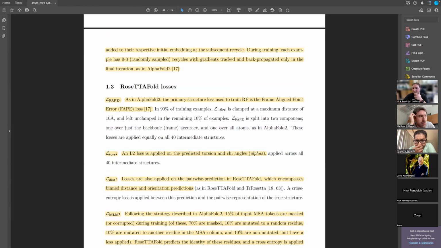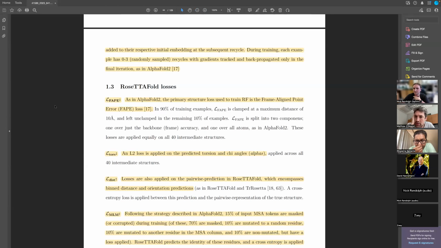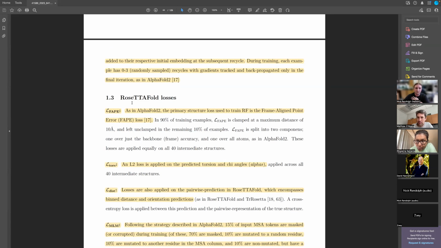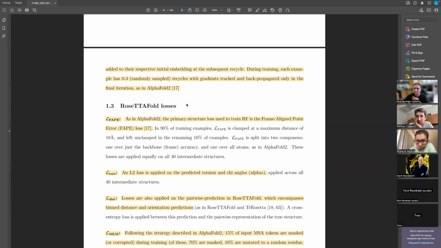Before we go on, yeah. The trainable weights are the trainable weights in RoseTTAFold. Is that correct? Yes. So they start with pre-trained RoseTTAFold weights and then fine-tune on top of that. So, and then the loss propagation, they do this recycling, but it's only propagated back in the last step of the recycling? Yeah, but the recycling is only relevant for training RoseTTAFold. In RFDiffusion, they don't do any recycling, so it only goes one time through the network. And the loss is propagated into each time step, or